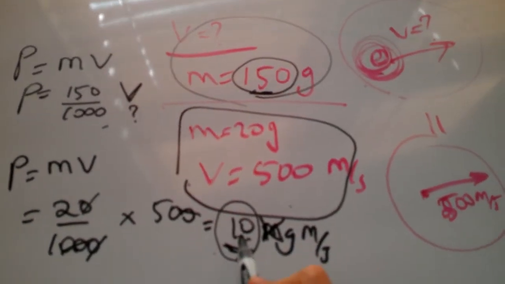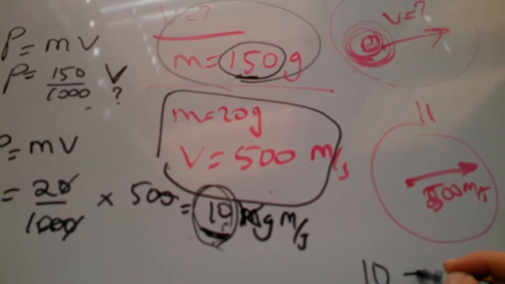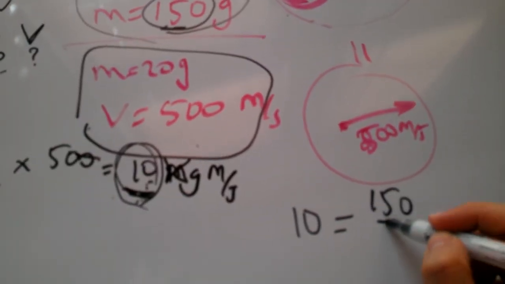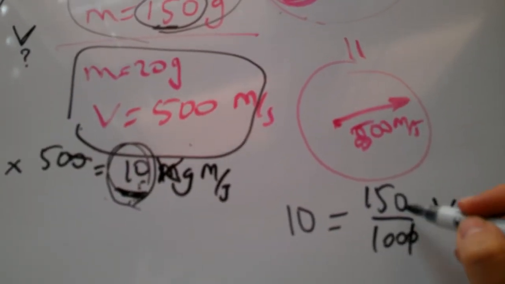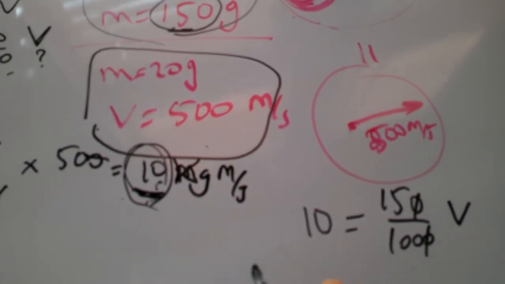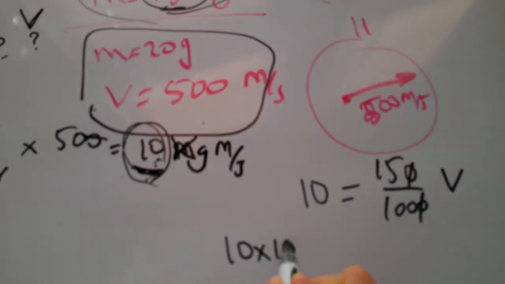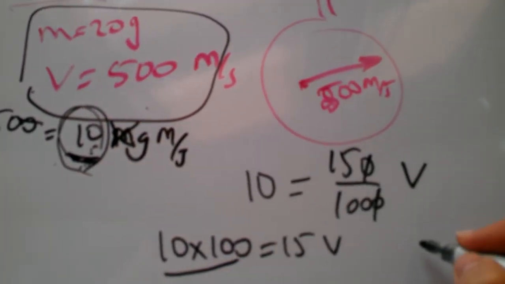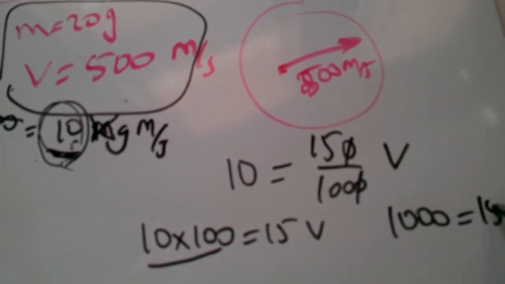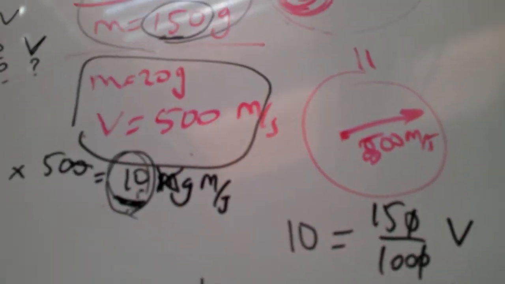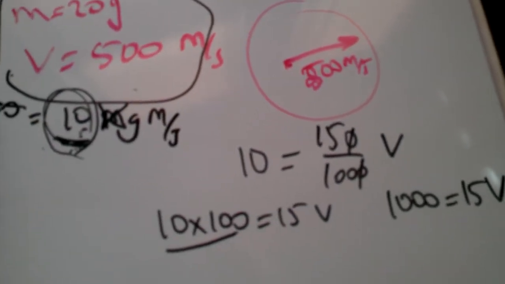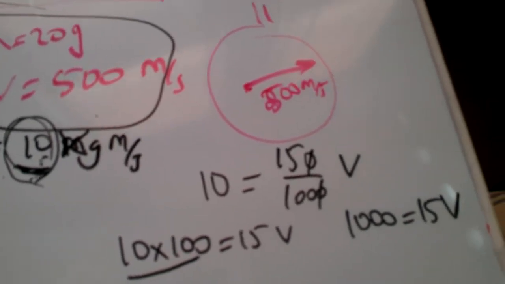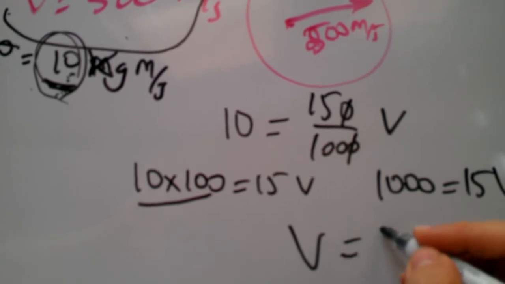Okay, so let's equate 10 to the momentum of the baseball that I'm looking for. So let's just multiply both sides by 100, equals that. Then that gives me 1,000 equals 15V. So that velocity turns out to be